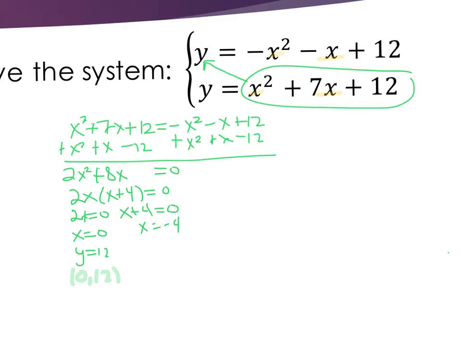The other solution, I'd probably pick the top one. So y equals